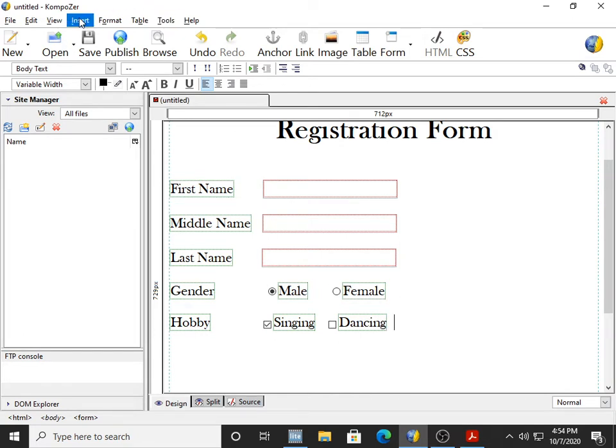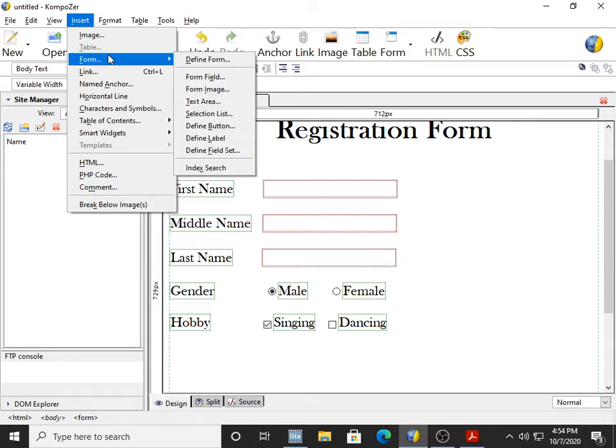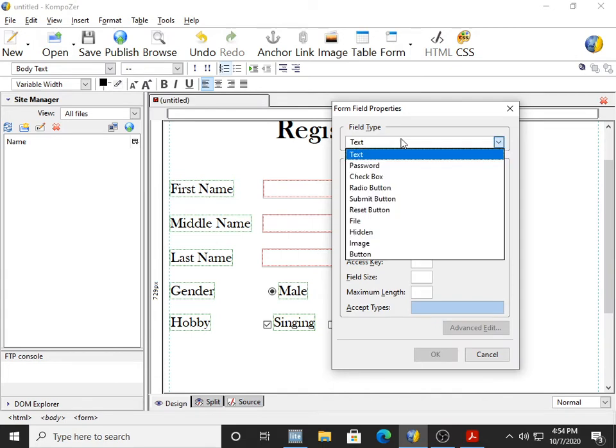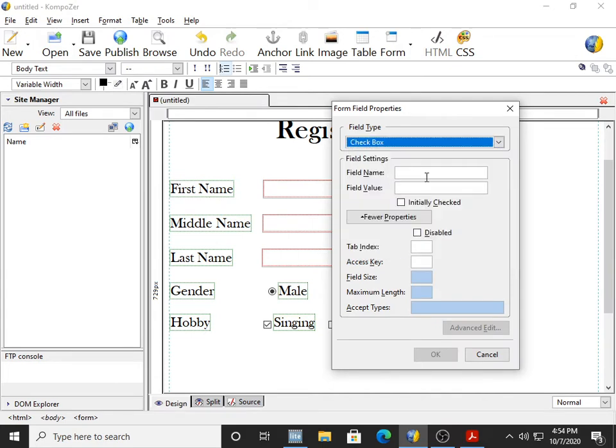One more checkbox, insert form field, checkbox, hobby, field value reading.